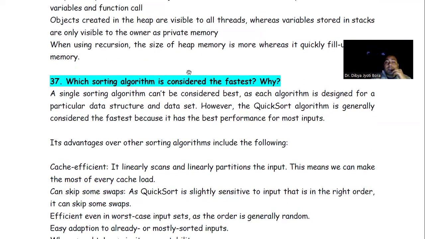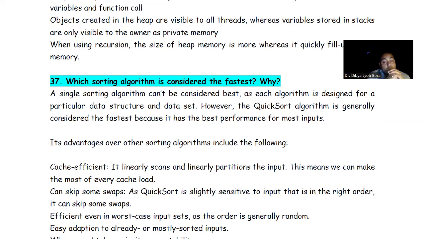Which sorting algorithm is considered the best? A single sorting algorithm cannot be considered the best because each algorithm is designed for a particular data structure and data set. Easily, I have to say that for a different data set, we may need different types of sorting algorithm. Got it? So one particular sorting algorithm may not be suitable for all types of data or all types of data structure.